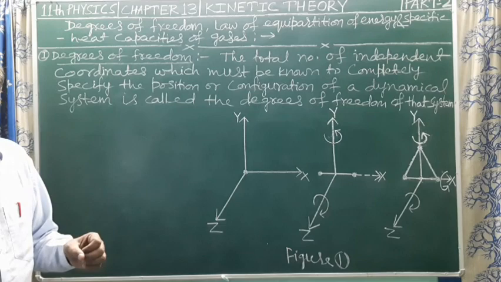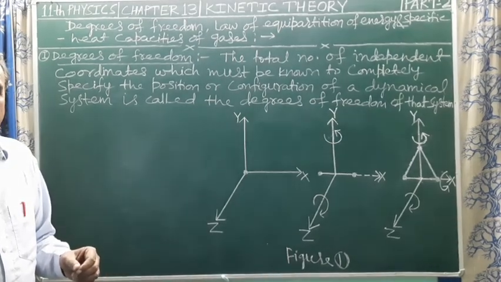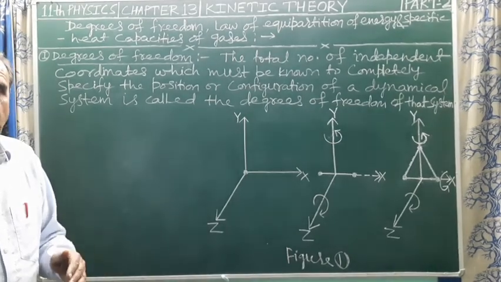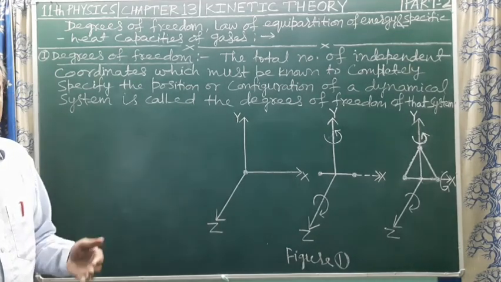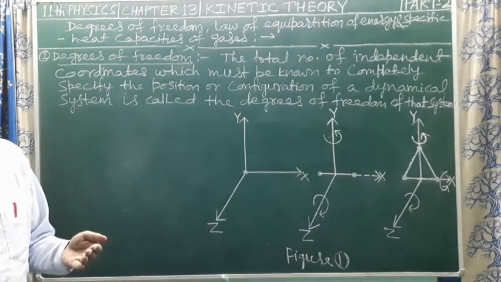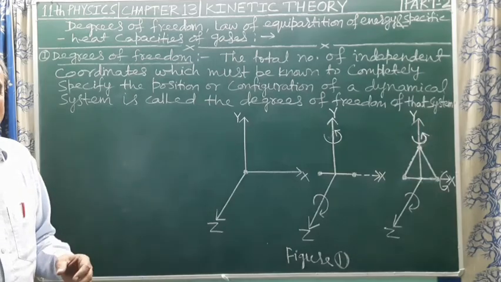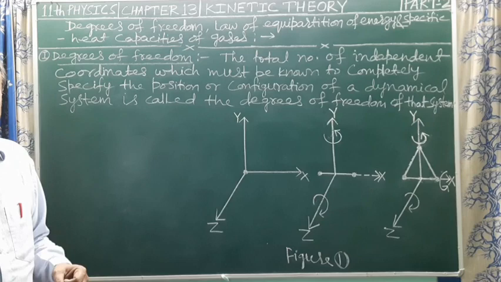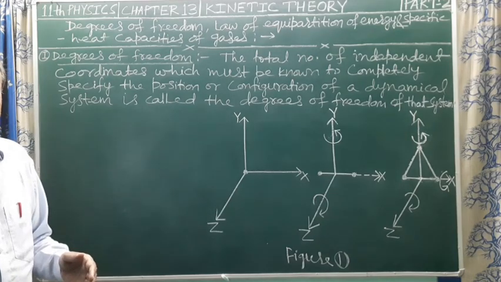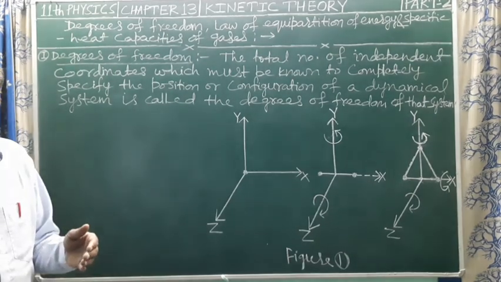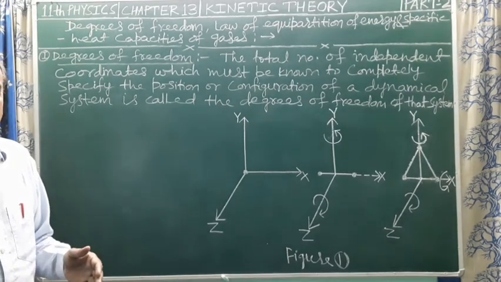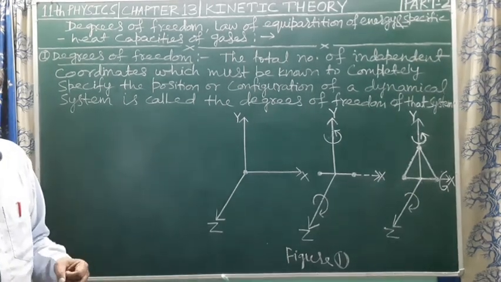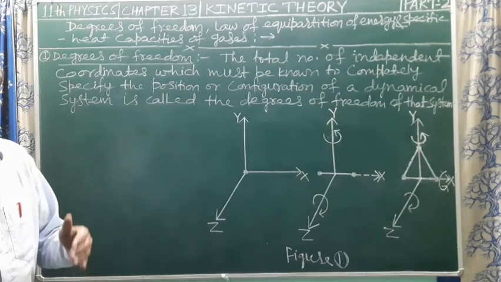So degrees of freedom for a particle restricted to move in a plane is 2, and if the particle is restricted to move in a space, then 3 coordinate axes